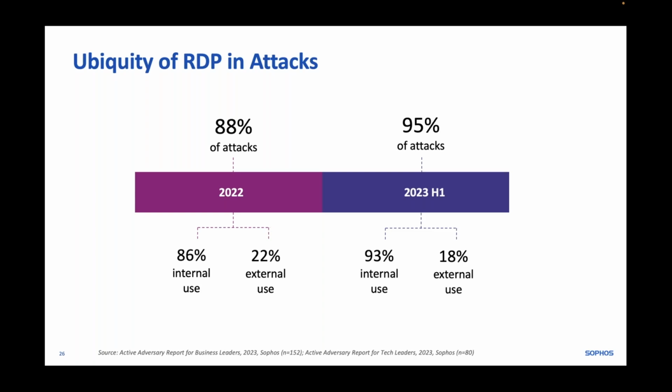So once you've penetrated the potentially harder shell of the outside of the network, it's generally acceptable use policy to use tools like RDP internally to move, and obviously the cyber criminals will use that to move around the estate. So we're increasingly seeing that.